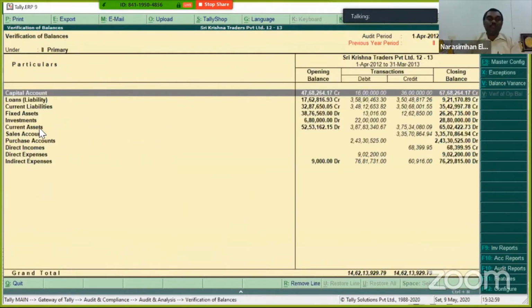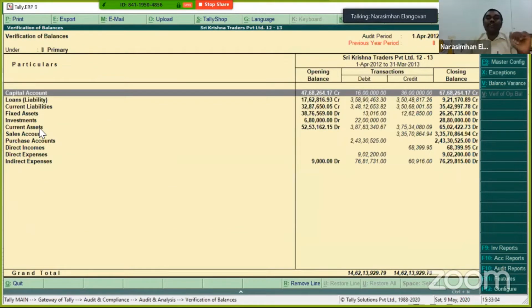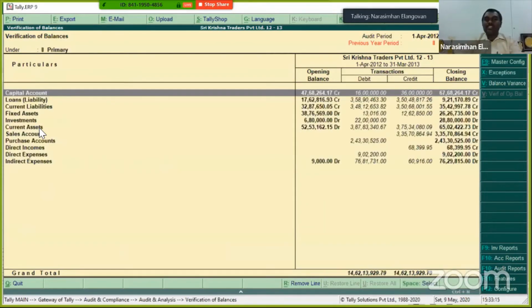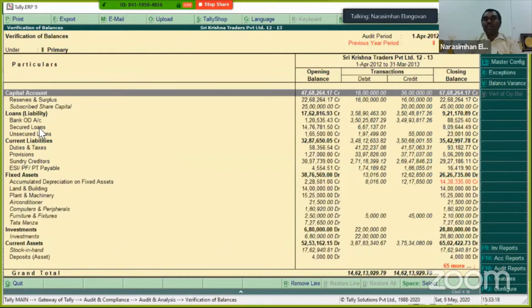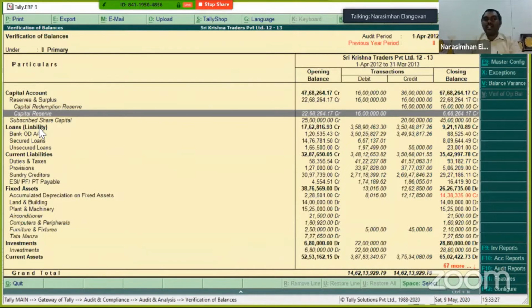Next comes verification of balances. Now I want to verify, no doubt I want to have a control on what I have verified, what I have not verified. Many times we keep on redoing that work. So what you can do is click on this, see these balances. This is no doubt a trial balance only. Okay, if you see this particular screen, it's exactly a trial balance. Right? I can just expand and I can see a whole lot of things. But the only thing is the view is a little different over here. I can go ahead against each of them and pass the entries, debit or credit. Correct? So that is the advantage which I have.